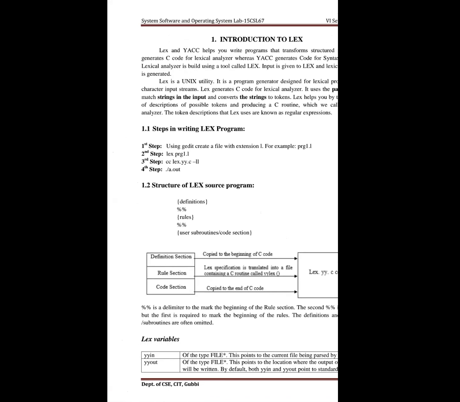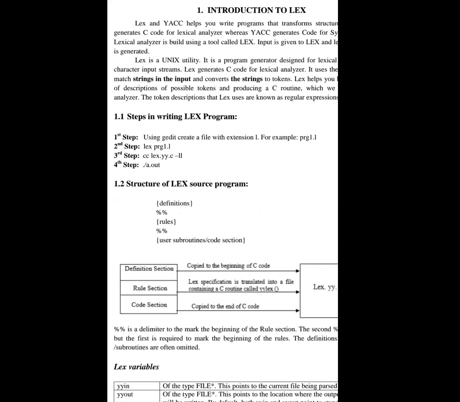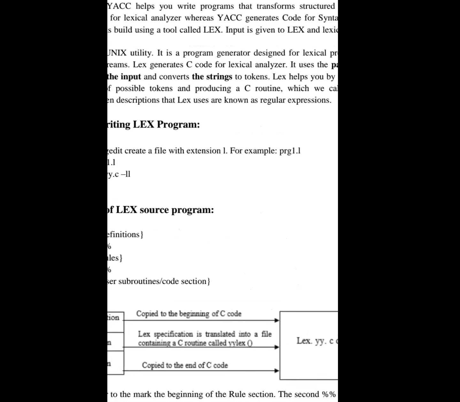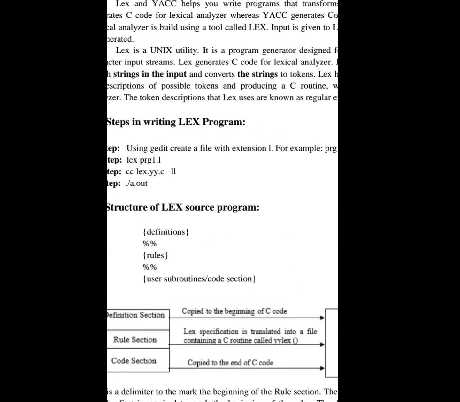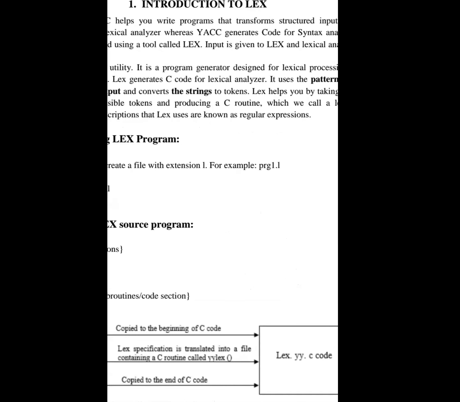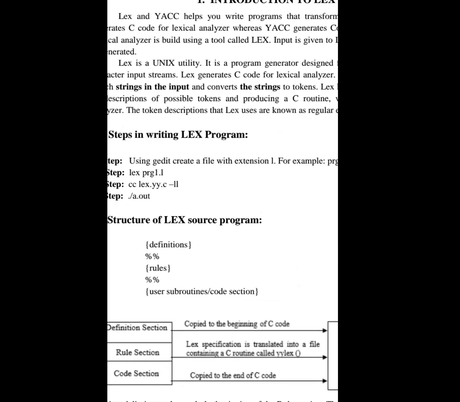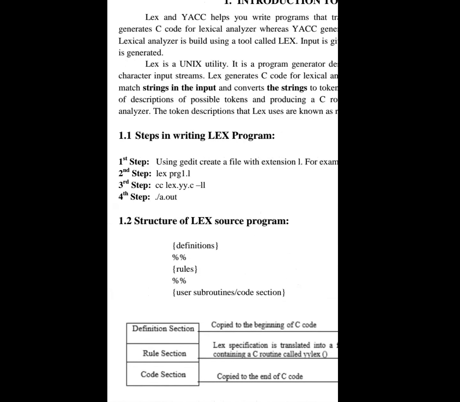We have a file name with .l. The first thing we need to start with is the vi editor. We go with the vi editor and then we start the programming, program name.l extension. And then after typing the program, the execution will be lex program name.l. Remember all these things. I can't say them again and again in the lab, and again in the next programs also.